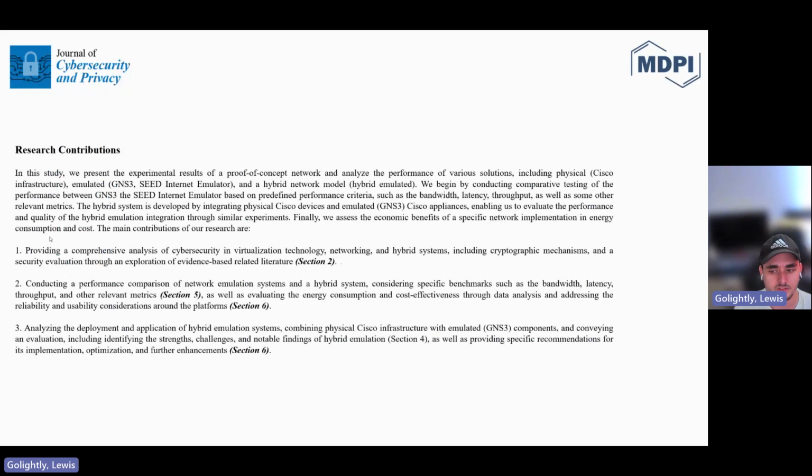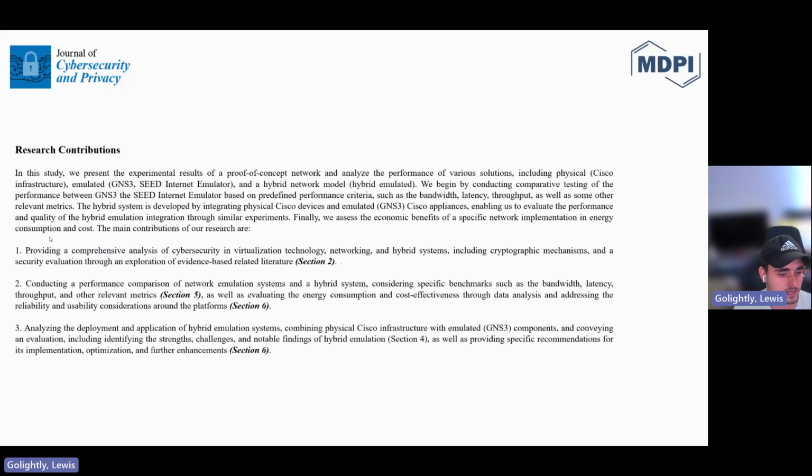Finally, we assess the economic benefits of a specific network implementation, energy consumption and cost, with the main contributions of our research being to provide a comprehensive analysis of cybersecurity and virtualization technology, networking and hybrid systems, which include cryptographic mechanisms and security evaluation through an exploration of evidence-based related literature, which can be highlighted in section 2. We conduct a performance comparison of network emulation systems and a hybrid system, considering specific benchmarks such as bandwidth, latency, throughput, and other relevant metrics, which can be highlighted in section 5, as well as evaluating the energy consumption and cost effectiveness through data analysis and addressing the reliability and usability considerations around the platform, which can be highlighted in